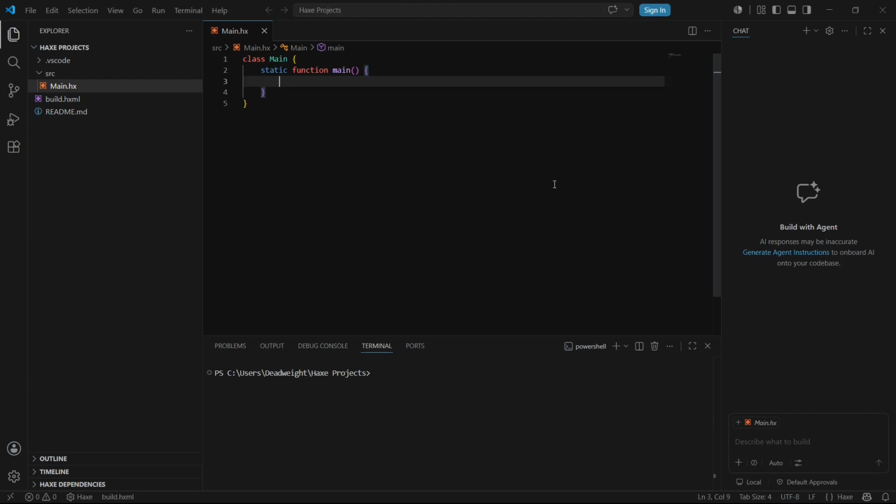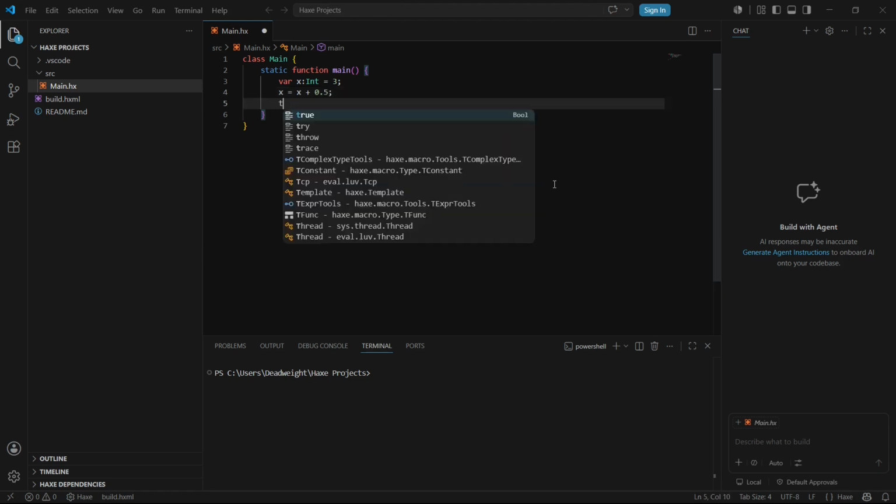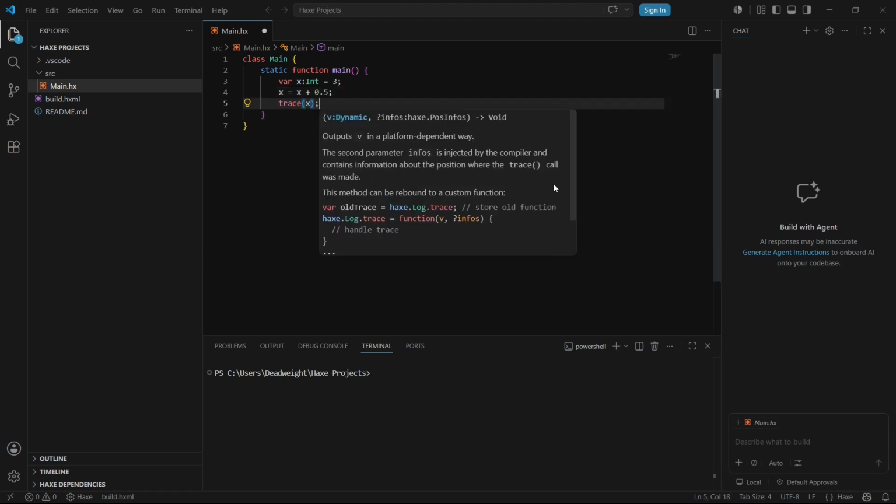So let's begin. Firstly, let's say we want to convert an integer to a float. Let's first create a variable called x, make it an integer, and give it a value of 3. Now what would you do if you wanted to add say 0.5 to the value of x? Now if you try doing it normally by x equals x plus 0.5 and then try to print the value of x,